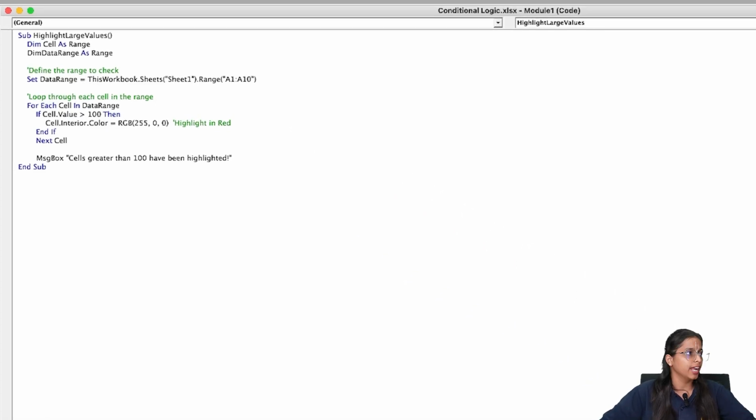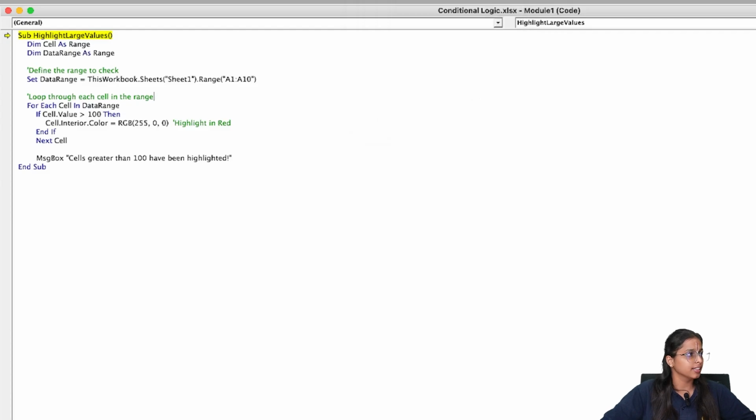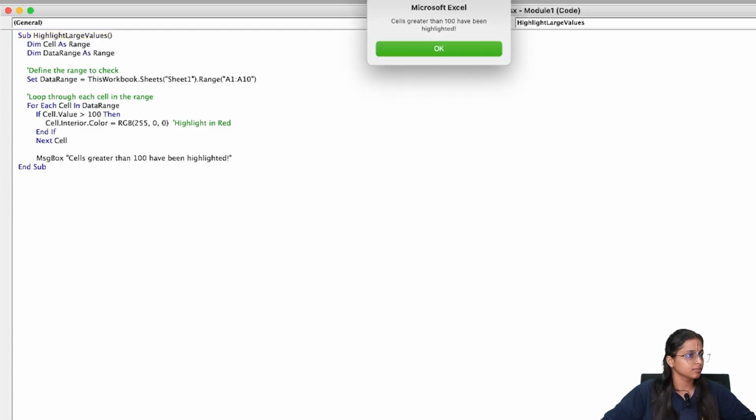I'll save it and run it. It is showing me an invalid statement because here I have forgotten to add the space. I'll save it again and then run it. You can see that it has given me the message that cells greater than 100 have been highlighted.